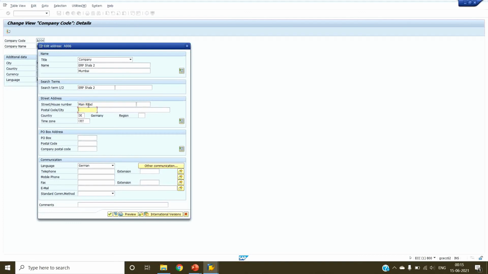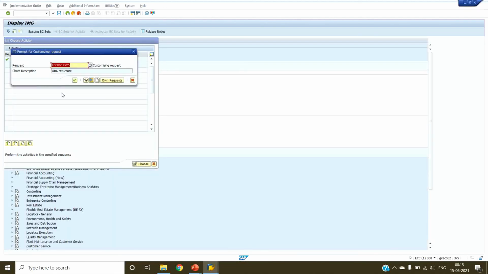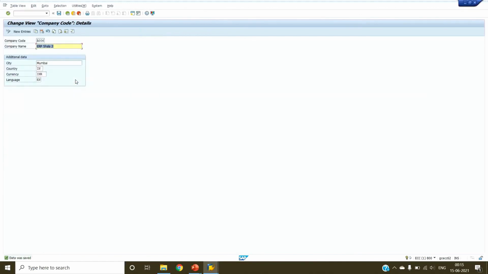postal code, city, country India, time zone India. We will click on save. It will again ask for the tier, and click on OK. The data will be saved successfully. Now we will go to the table